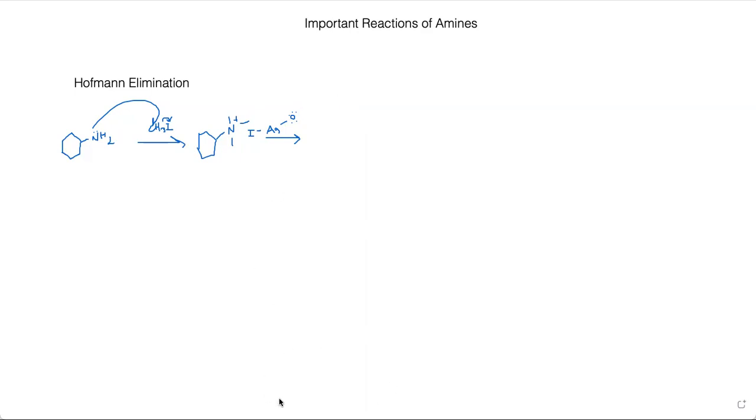So we'll actually end up having, so here's what that molecule will look like. And then it interacts with the iodide here, which will attack that silver, kicking it off of the molecule, which then leaves us with